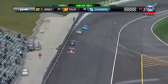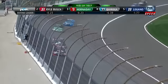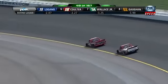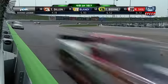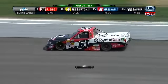You know, we talked at the top of the show, wondered if it would take sheer speed like the pole sitter 23-year-old James Buescher has in his Turner Scott truck, or if it would take handling and maybe possibly Kyle Busch and Joey Logano could race toward the front. It looks like either one of them will work right now, Phil. You've got the speed of Buescher on the point. Kyle Busch is second. Joey Logano has raced in the top 5, so he's got a good truck as well